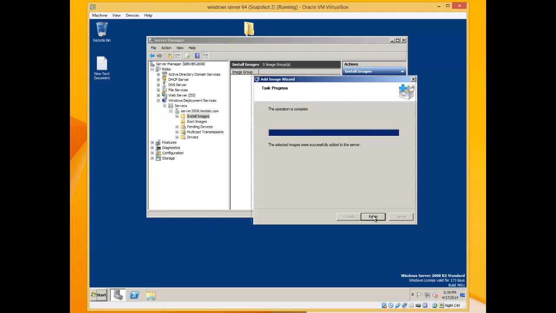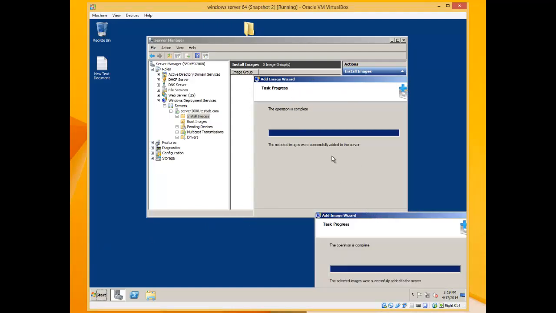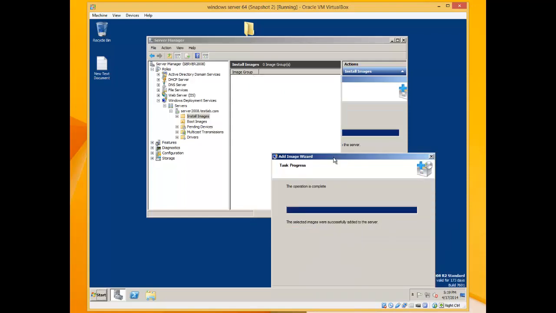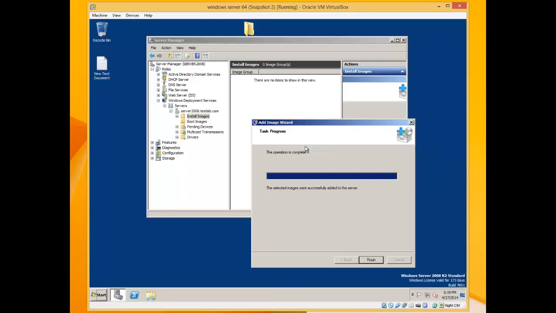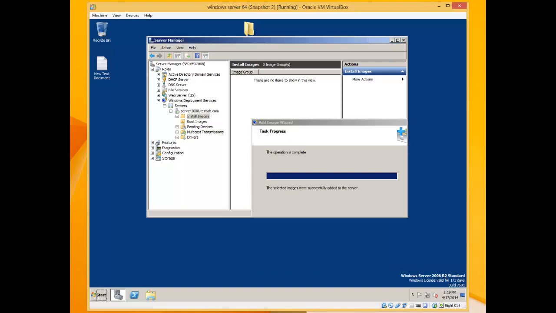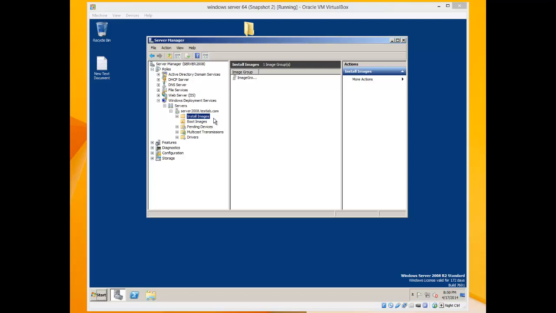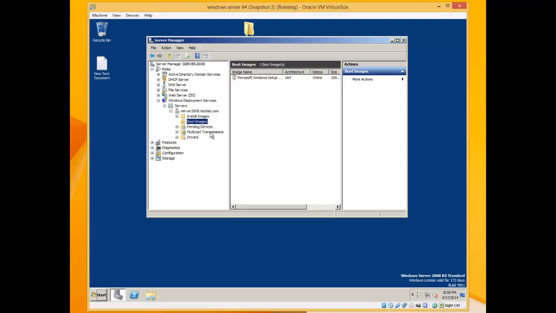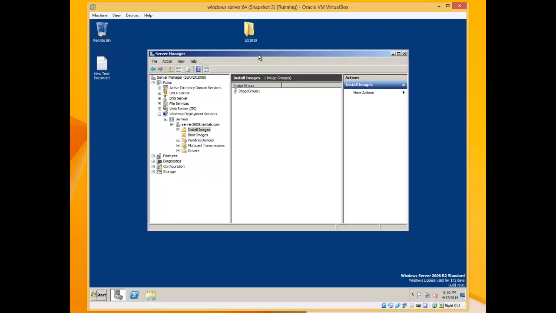Finish. Let's click finish. Now that we have set the boot image and the install image ready to deploy on the server, we're going to boot from a Windows 7 machine to connect to the deployment server and start the installation. I'm going to launch